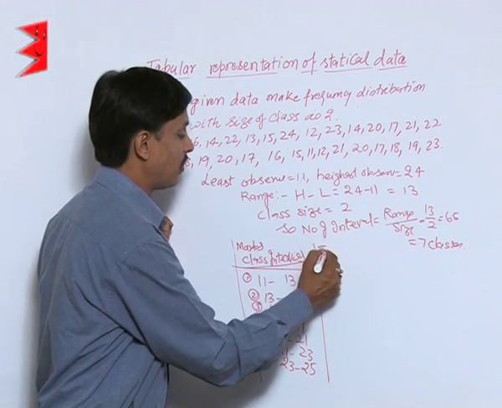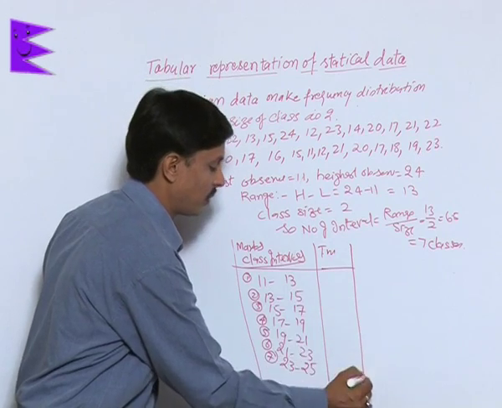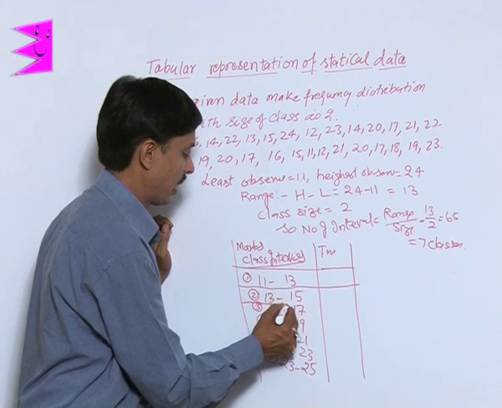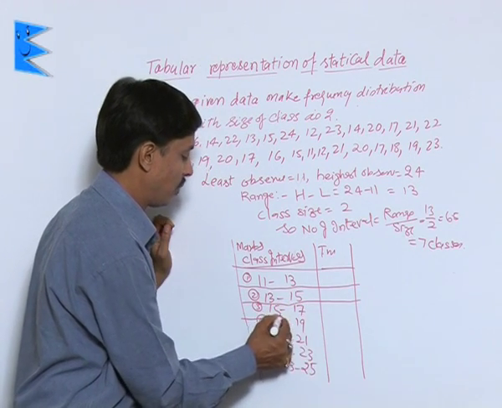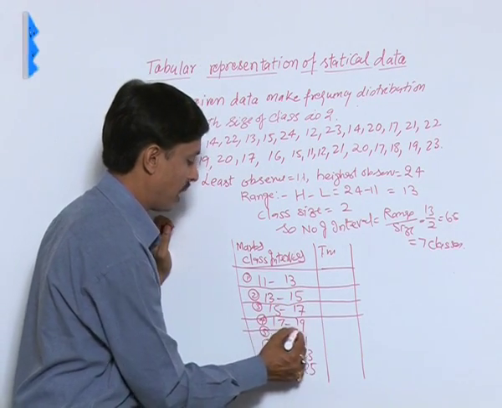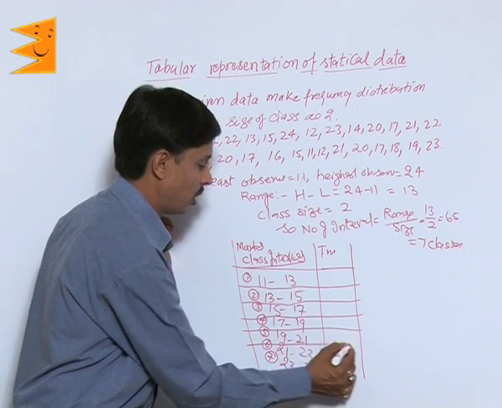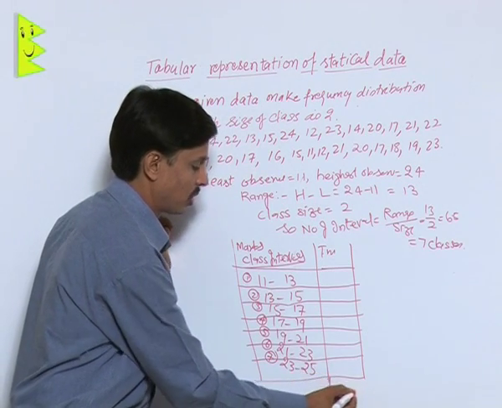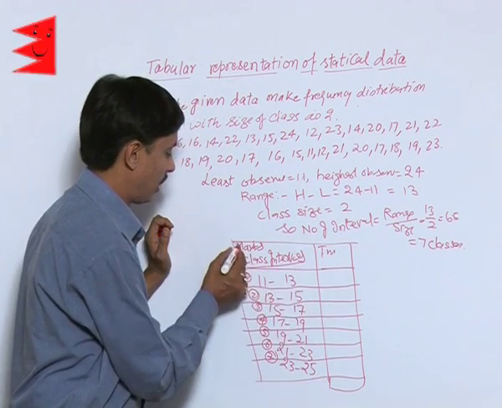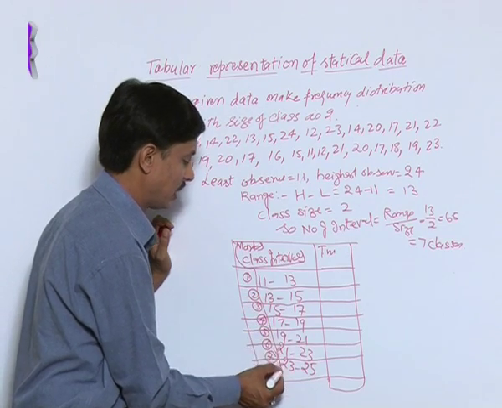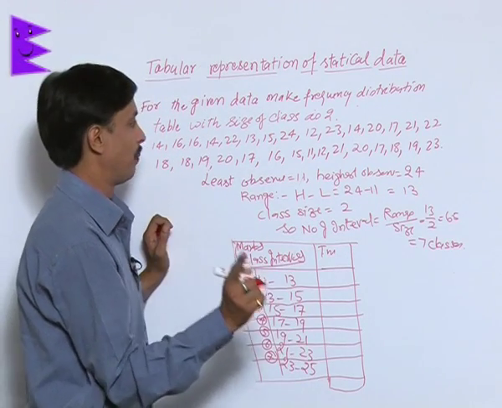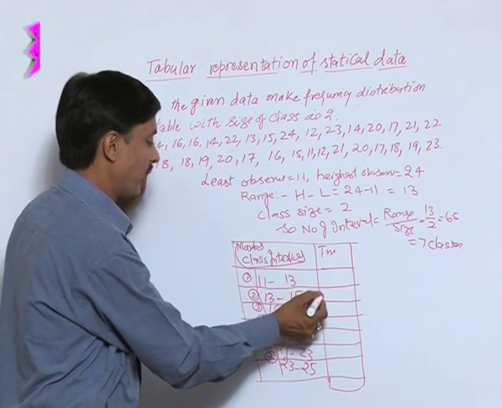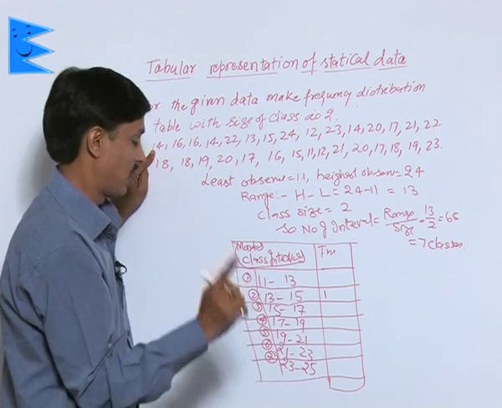I will take tally marks here. The tally mark system is good so that we always avoid any mistake while we are making the frequency distribution. So for it, what I am doing, I am just going to make a chart table like this. These are the 7 classes. The method is so simple. The first observation is here, what? 14. 14 belongs to this class, so I am putting 1 tally mark.